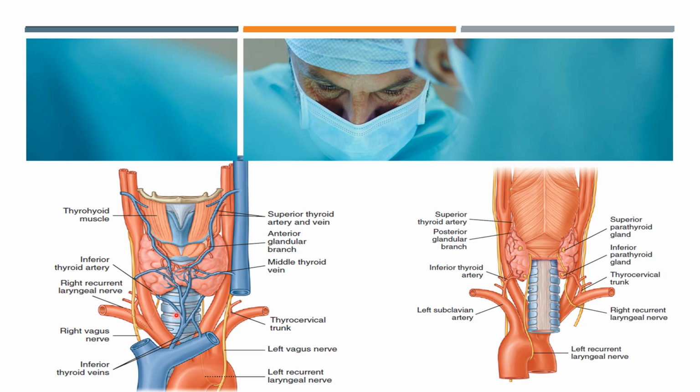Okay, so we have right and left recurrent laryngeal nerves, and as you see, both the recurrent laryngeal nerves have a close relationship with the inferior thyroid artery, which is coming also from the subclavian artery. Okay, so they have a close relationship with the inferior thyroid artery. So this relationship is very important because during the surgery,